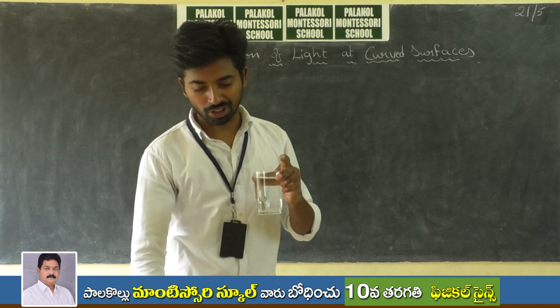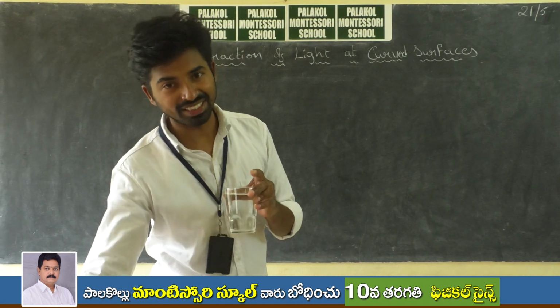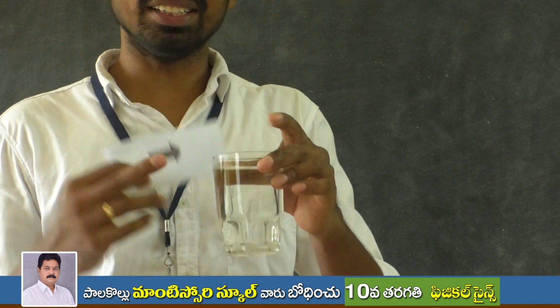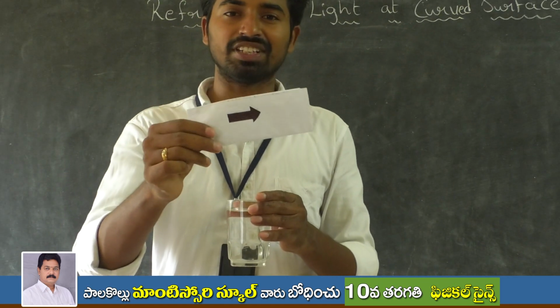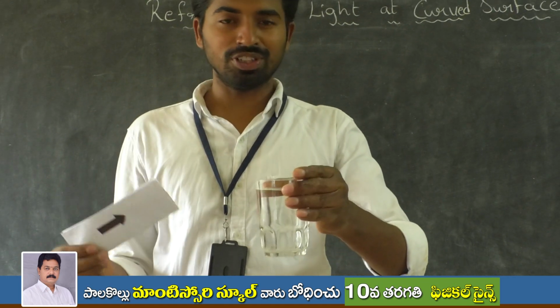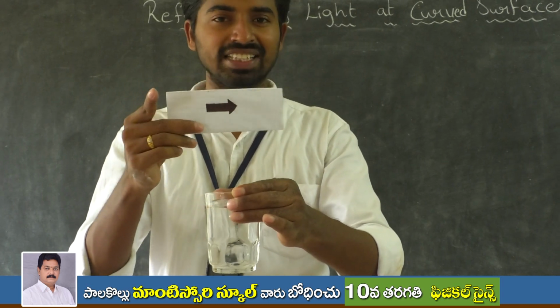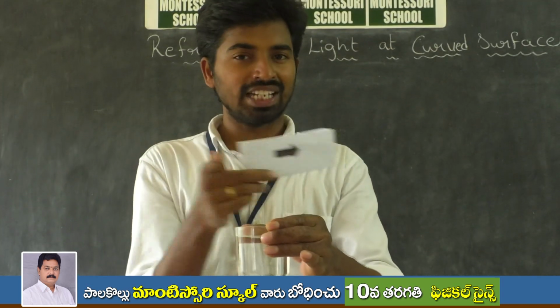Consider a beaker with water, and I have considered a paper. I have drawn an arrow mark with black pen. So let us consider a beaker with water, a black pen, and a paper having some arrow mark. If you observe the arrow mark, the direction of the arrow mark is towards the left hand